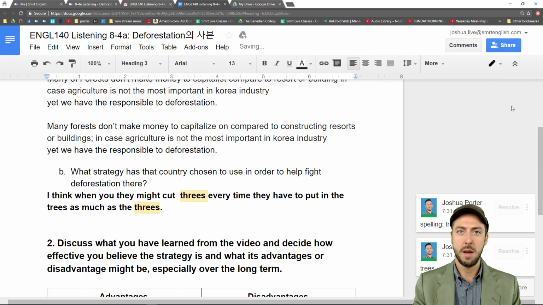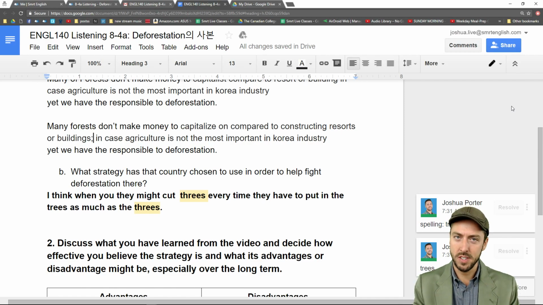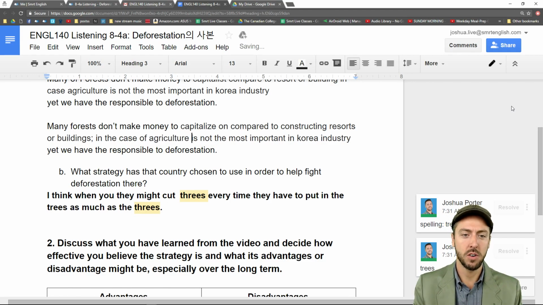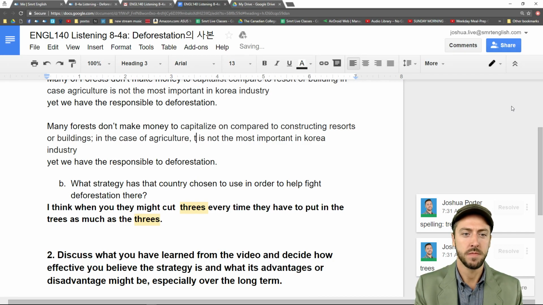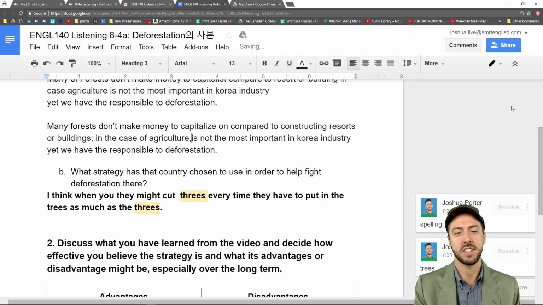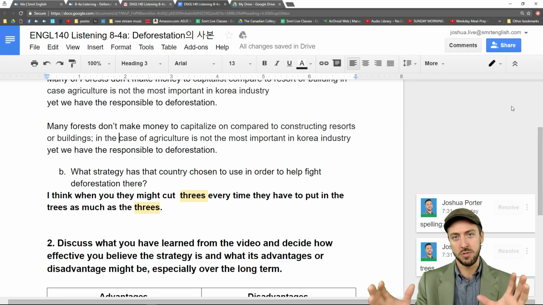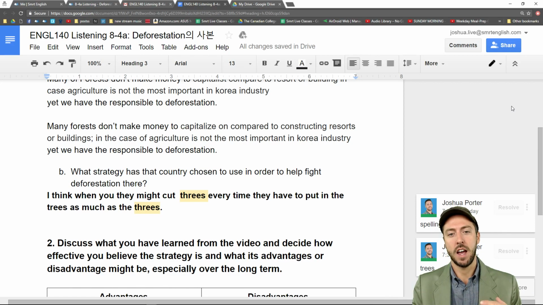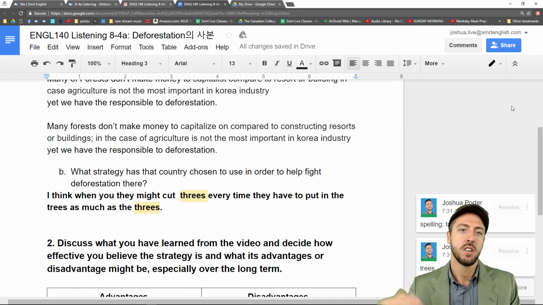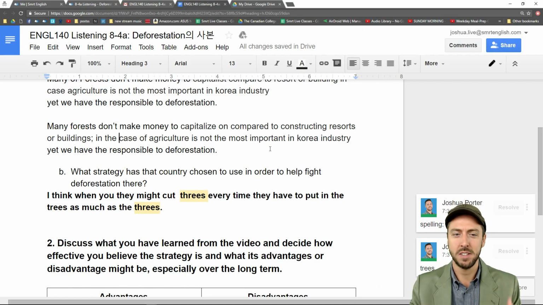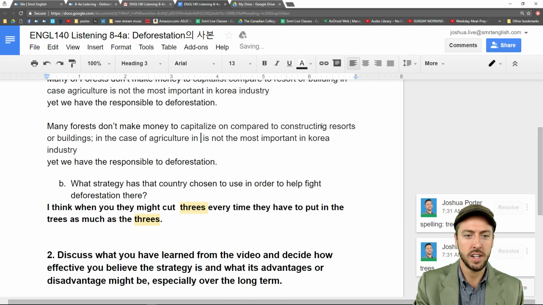And then we elaborate and we go more specific into Korea. So I'm going to use a semicolon because this is a related sentence. In the case of agriculture, or we could just delete in the case of. There's a few different ways we could write this sentence, and I can give Aaron more feedback. I would do this normally in a video, and I would make all these comments to Aaron as I'm correcting it with a screen capture so that Aaron could get this feedback and then ask me questions about it later too. So in the case of agriculture in Korea,